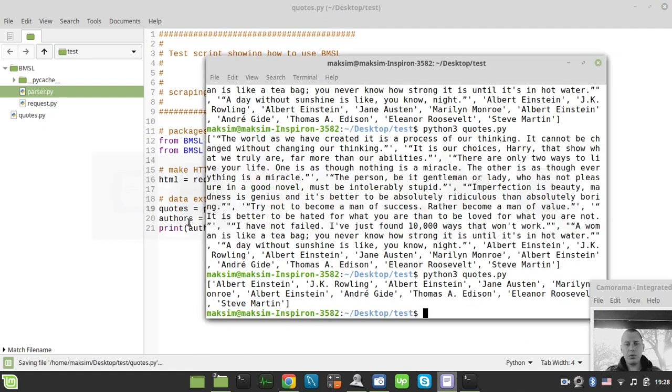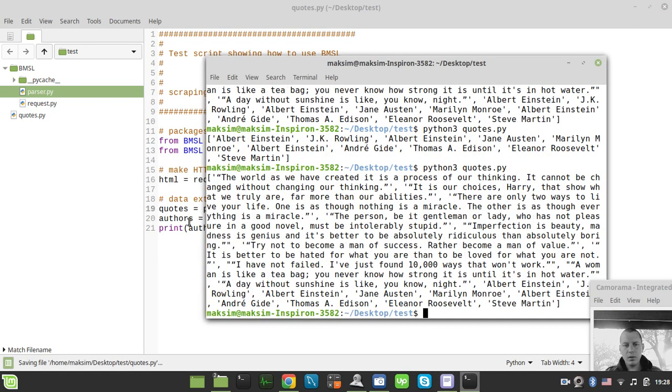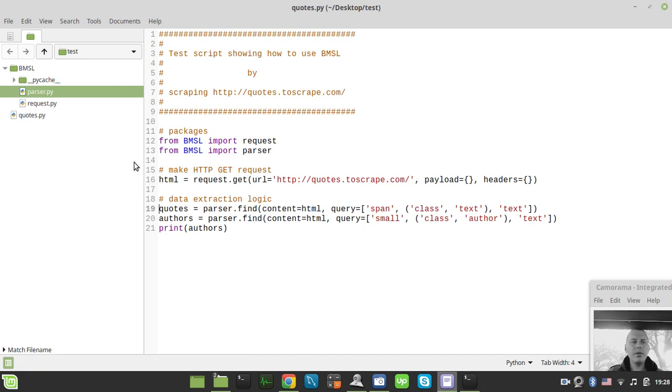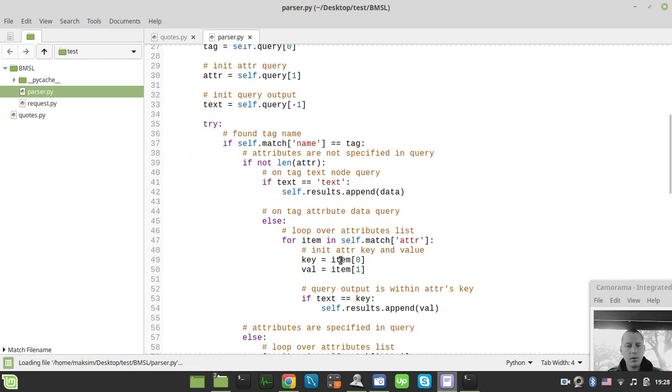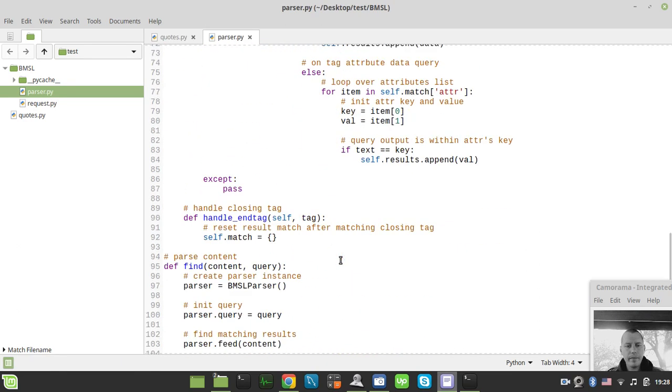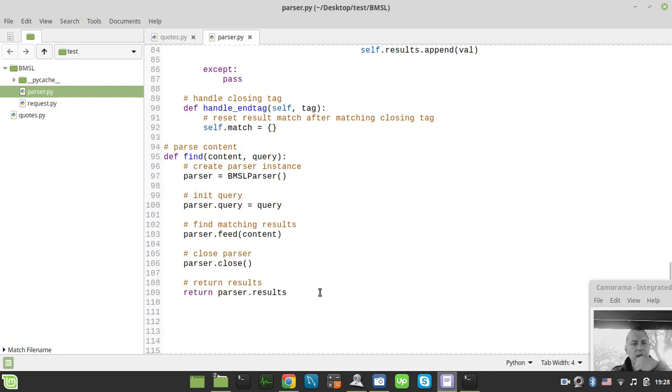I'm just not sure why it returns all the data, which is wrong. I'm not sure why this happens. So, oh, that's because I guess, that's because, well, but this close,